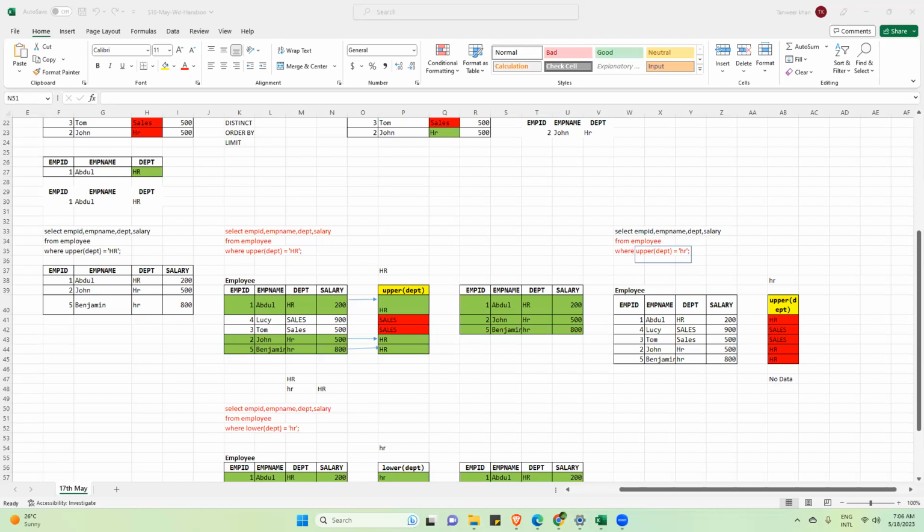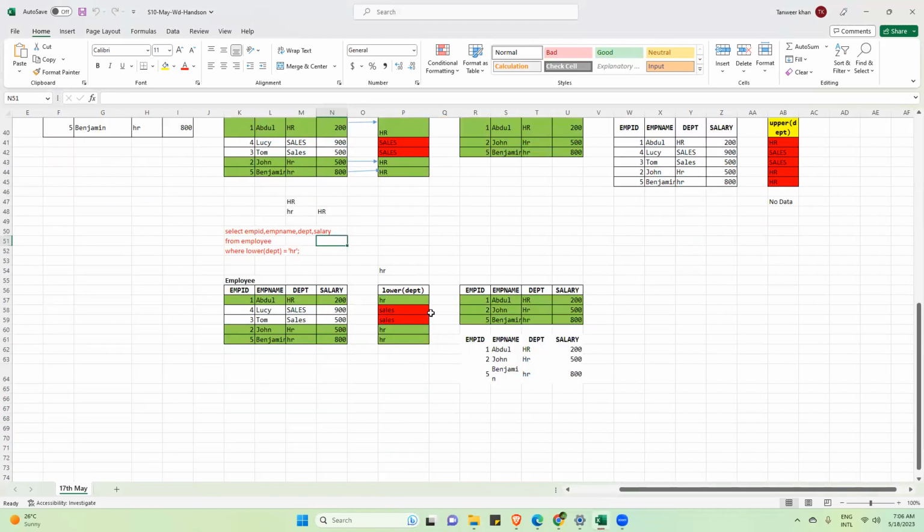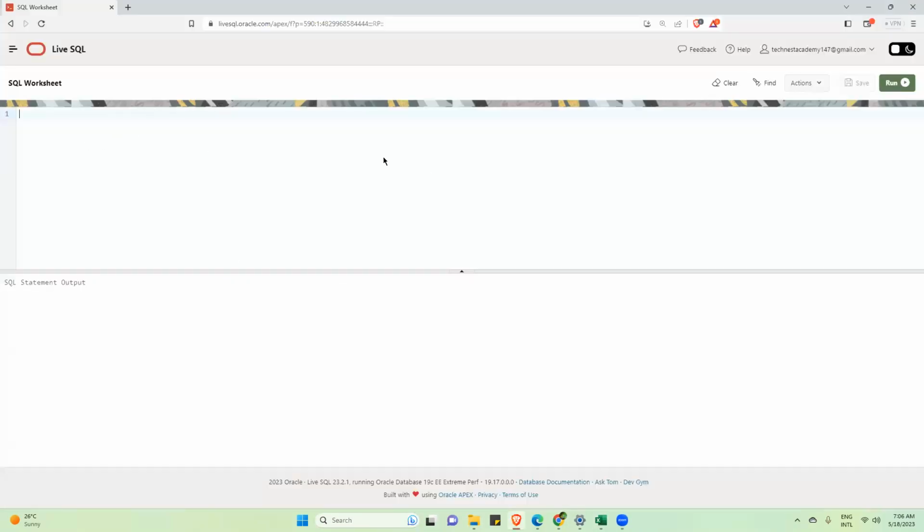Apart from the recording, this Excel sheet, which yesterday I used to make you understand how the SQL engine works, will be shared on a daily basis. What all coding we'll be doing here will be shared on a daily basis, and assignments will be shared on a daily basis. On an average, we will share 10 assignments on a daily basis.